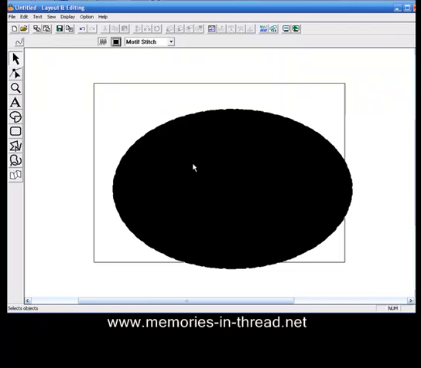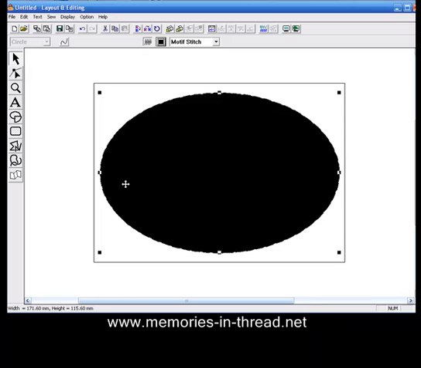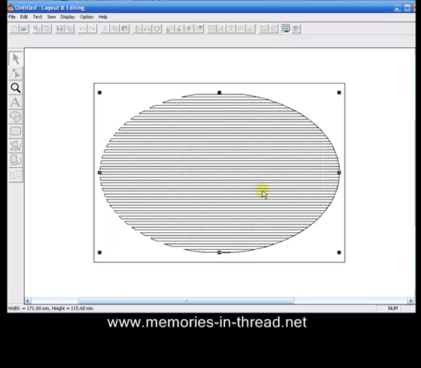drag out our oval, select it, edit and center, but at the moment we can't see the A because we did that first. So if we go up to the sewing order and just click on the first one, we're going to put the motif behind the letter, so the letter is now on top. This is what happens in version 4. You don't get the opportunity to work in preview mode, so you can't actually see the grid, but we can check every so often to see what we're doing by just going up to the little television one there, which is the preview. That will turn it on, and you can see that you've got your lines on top there. So turn it off again,